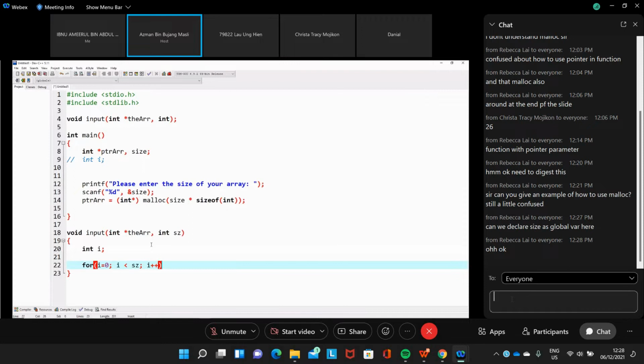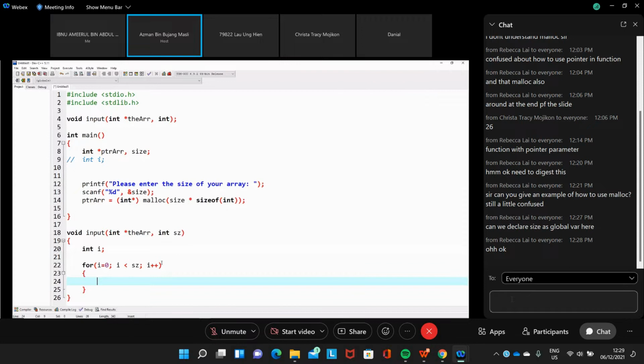If you put it global, then if there is something wrong with that variable, it's very hard to trace the error because it can be accessed anywhere in the program. So that's why I don't advise you to use global, but if you think it is easy, then no problem. It's just an ethic in programming. Try to be a good programmer instead of just making it easy for yourself.